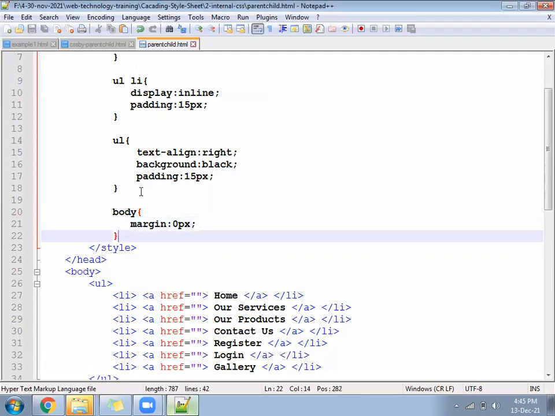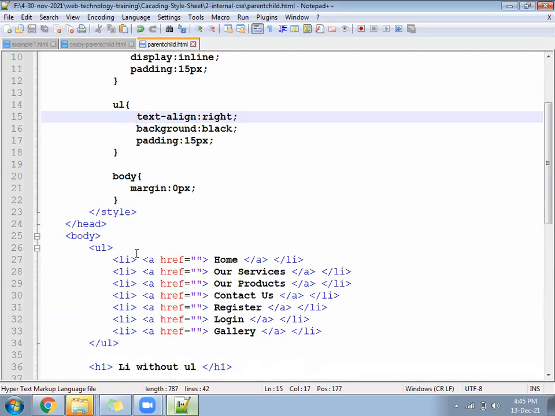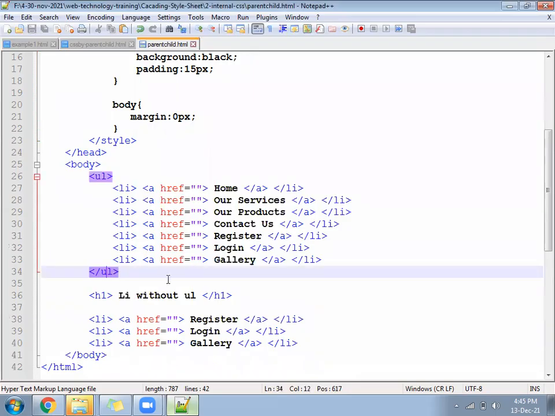So we are able to address now a child of a parent. The parent name will be the first, child name will be second. Go next.